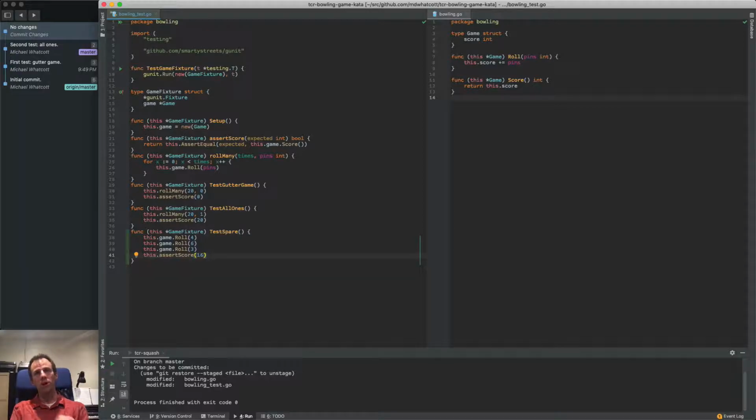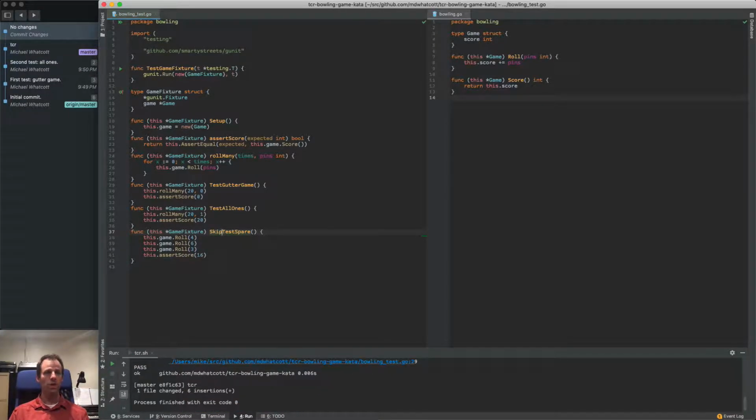Now that we're at a problem stage, because this game struct over here on the right is not set up to look ahead into a subsequent frame, and this is just kind of a disaster. If we tried to implement this now, I have low confidence that it would go well. So I'm just going to cheat a little bit. I'm going to skip this test, so it's not going to execute, and I'm going to run TCR, which means